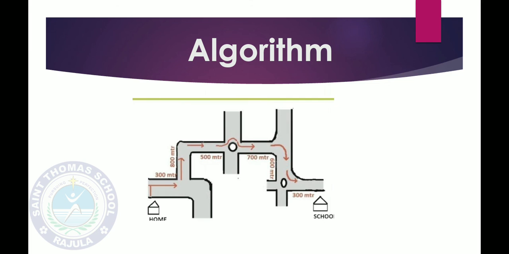So here you can see the route map. One friend is at your home and he wants to come to your school. If you draw the flowchart of this, how will it be? It is difficult. Yes. So here you can see this is one type of flowchart only, with pictorial representation. With the help of this map, you can easily guide your friend.